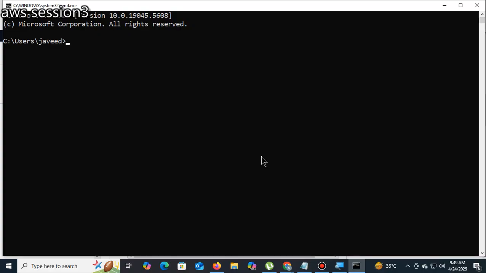The thing is, most of the people, even BTech people, don't know how to go to the command prompt. That is a pity. You are learning cloud computing and asking me what the run command is, what CMD is. How will you survive in the market? Even BTech computer engineers don't know how to open the command prompt. Then how will they survive? No problem, even if you don't know, they'll survive. They'll get the job.